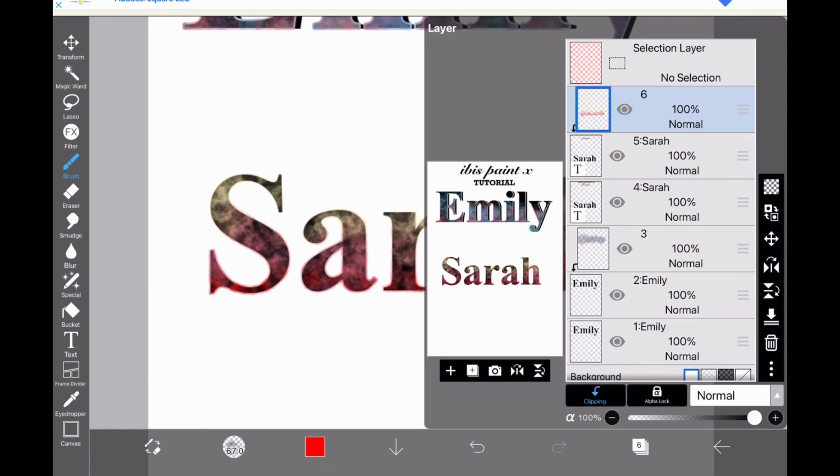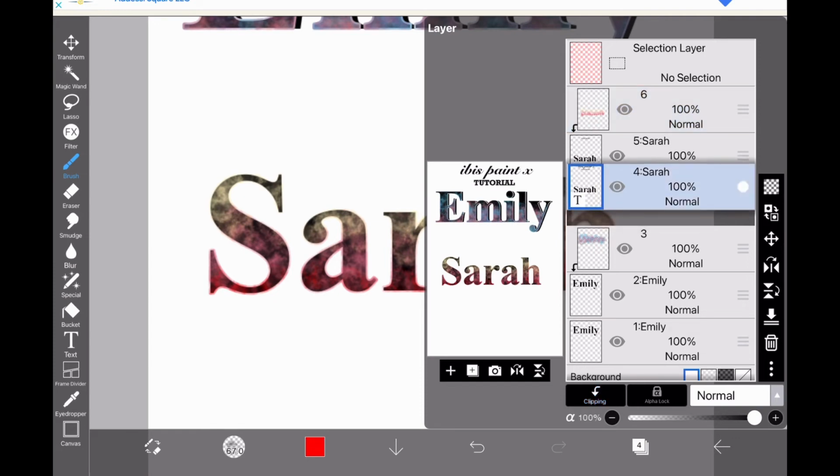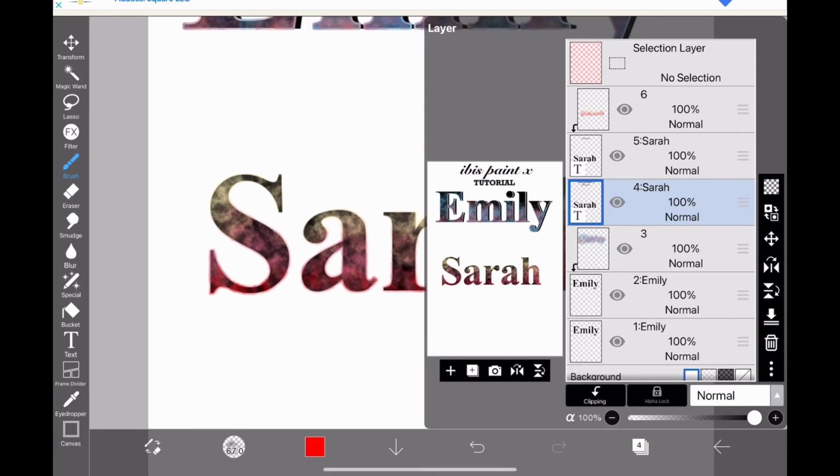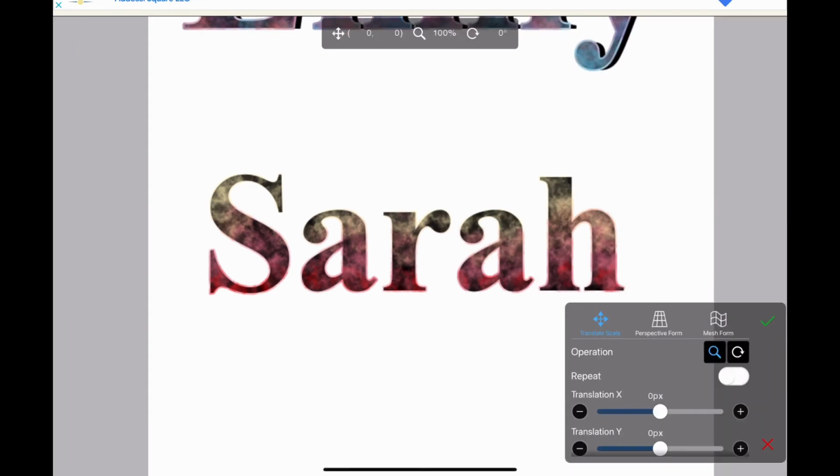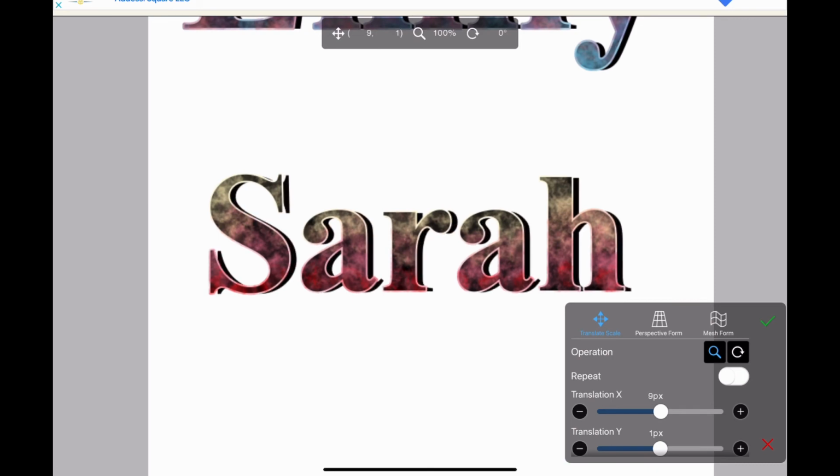Now you're going to move the text by clicking the third layer, the third text layer that does not have a clipping, and you're going to click on the top left where it says transform. That gives you the ability to turn and move your text, so it gives like a shadow effect on the art. So you can move it to the right or left to give it a shadow,